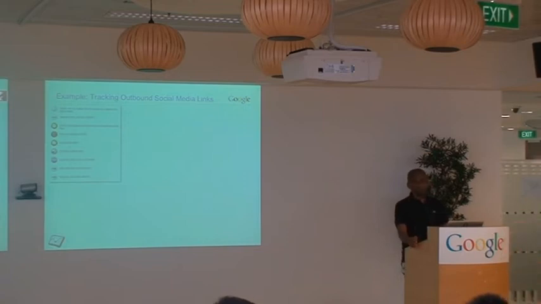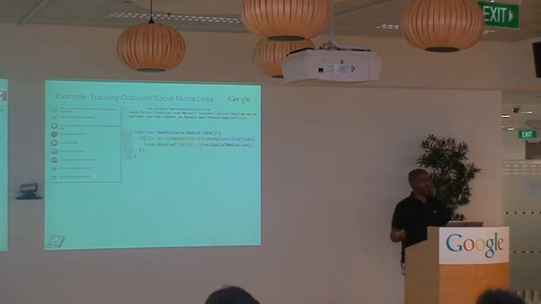So what you can do is use event tracking to actually track these outbound links and give you reports on them. I'll show you how I implemented it on my site here. Essentially what I had was a bunch of these links. They were just unordered list elements in HTML. For each link, I encapsulated it in a LI element and I gave it a class. So I just called it social media link.